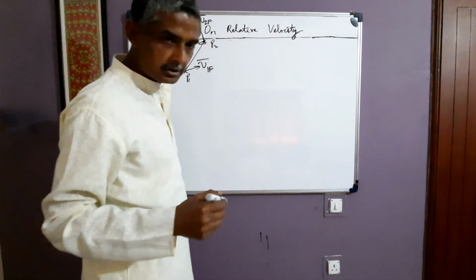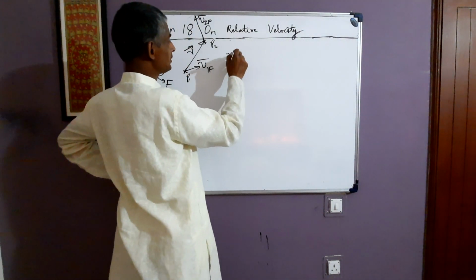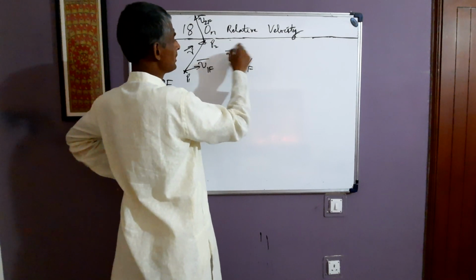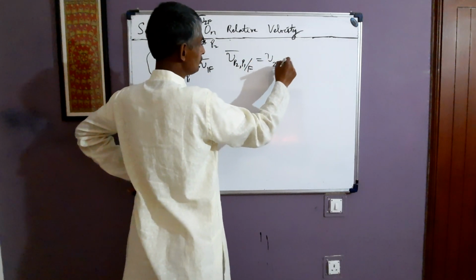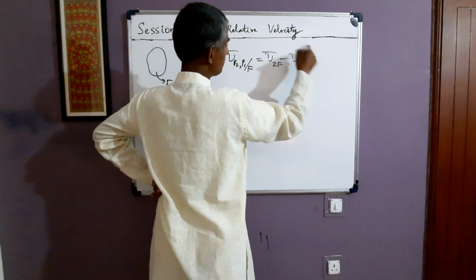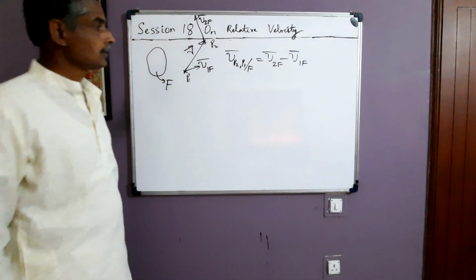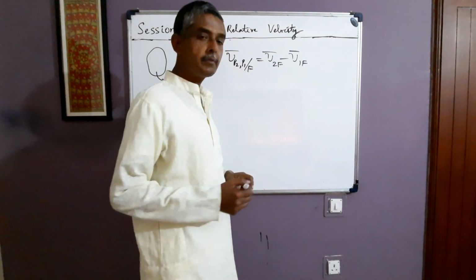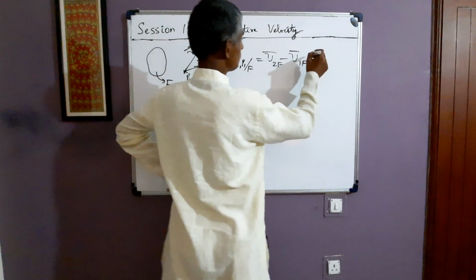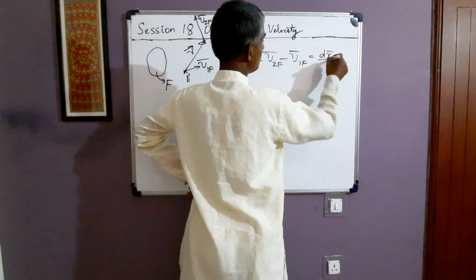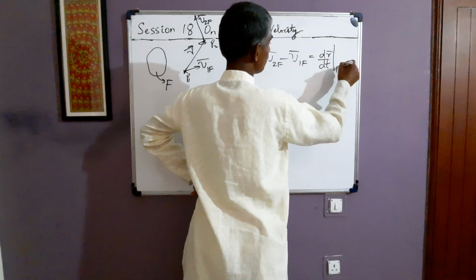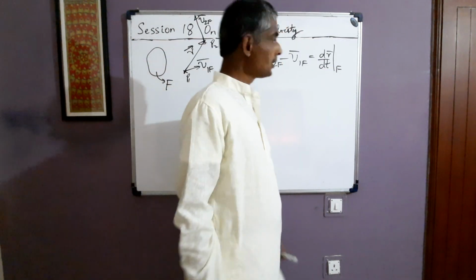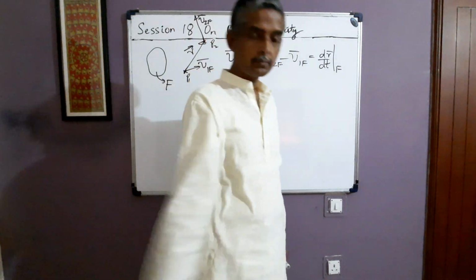Then, as we discussed in the 13th video, the relative velocity of P2 with respect to P1 in frame f is defined to be v2f minus v1f. Here v2f and v1f are the respective velocities of P2 and P1 with respect to f at some time t, and that was shown to be equal to dr by dt in frame f. In fact, that was the definition of relative velocity between 2 points in frame f. So this was fully discussed in the 13th video.